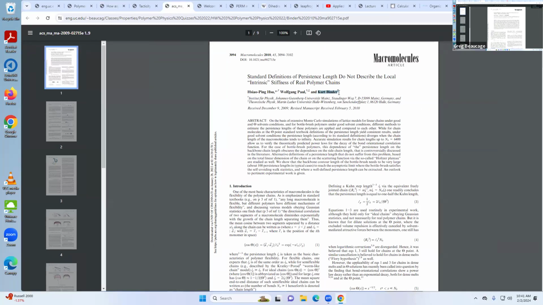So Kurt Binder is one of the seminal polymer guys in Germany. All three of these people are pretty famous, and this Max Planck Institute is the top polymer place in the world. It's in Germany, in the area of Frankfurt and Mainz, and in between them is where BASF, the original BASF, was, which was the largest chemical company in the world by orders of magnitude before World War II. Then after World War II, it broke apart into all these other companies. BASF still exists, but